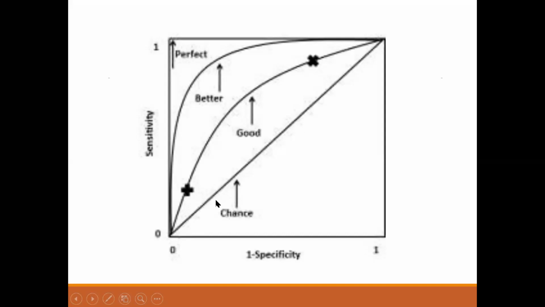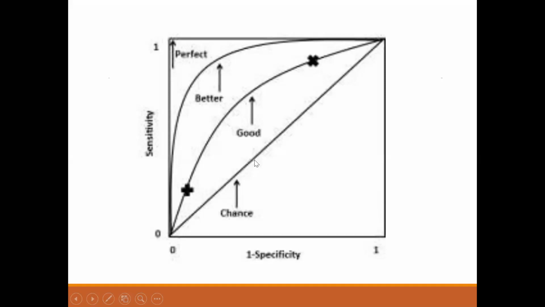This is a kind of center line that helps in showing how good the test is. If, after doing your new diagnostic test against the gold standard, you're getting the maximum area under the curve covered, that means the more area it covers, the better your test is. So the closer it is to the left hand corner, the better the test is.